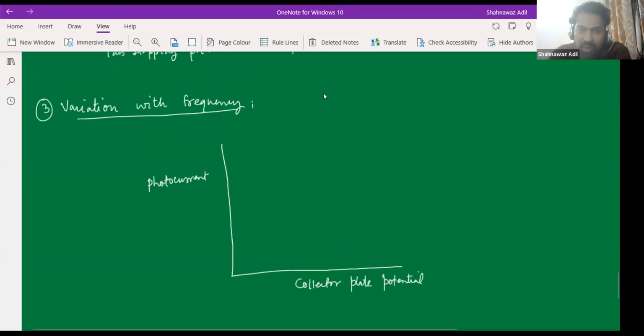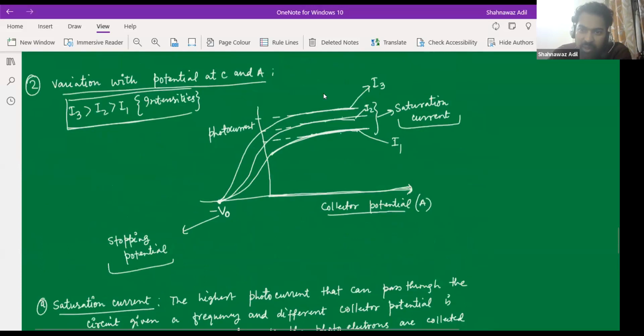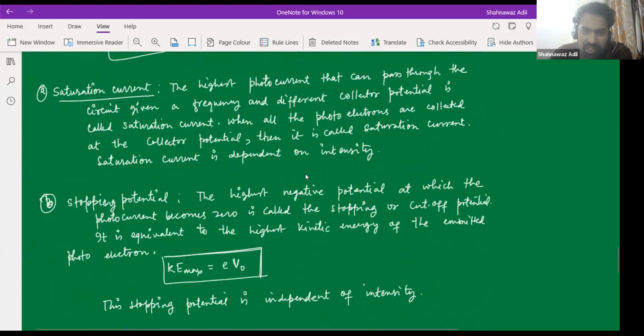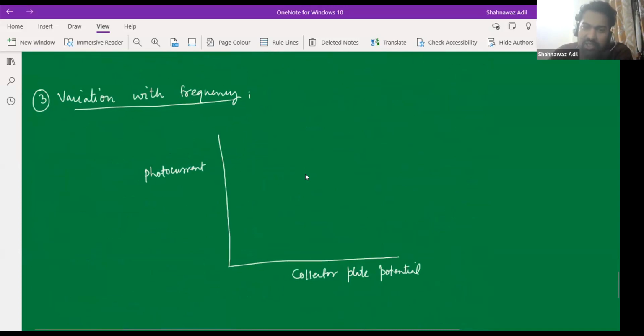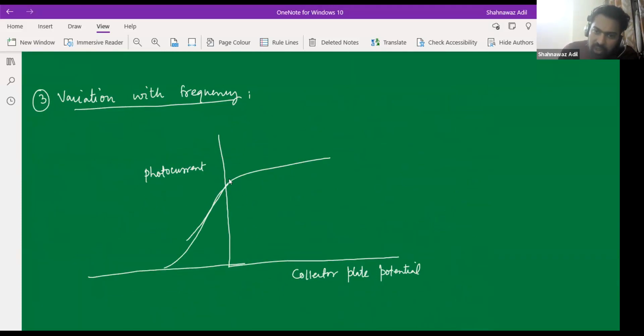So in this part, what did we do? In this diagram, we fixed the frequency and then we changed the intensity. Now what we will do is fix the intensity and then change the frequency. So if we have fixed the intensity, then this thing would be the same, right? So this thing would be, let's say this is, and then we will have this thing, and then we have,